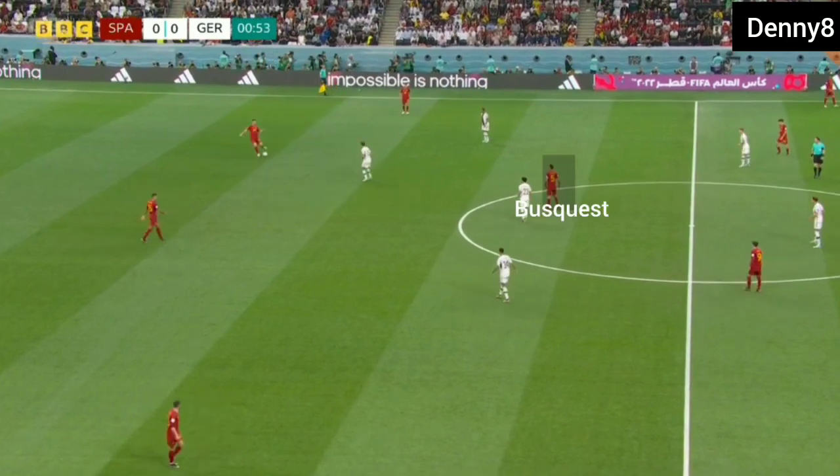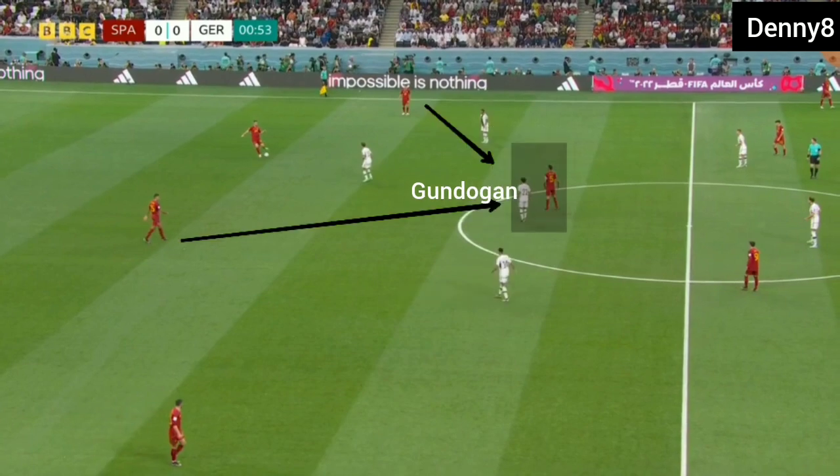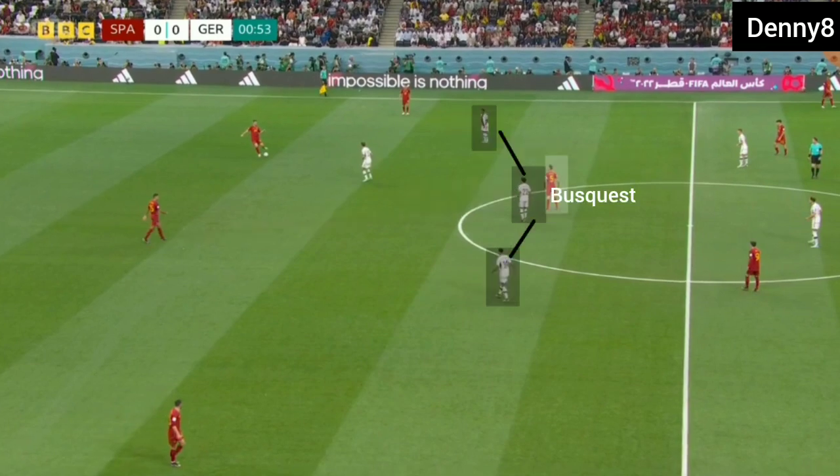Spain were using a sole pivot, and that was Sergio Busquets. Germany's second line was of 3 players, operating central and narrow. Ilkay Gundogan was in the role of number 10 and his position was central. Because Gundogan was operating central, he could defend Spain's pivot one-on-one. On the other hand, Spain's pivot was 3 versus 1 down in front of Germany's second line, because the second line was operating narrow, and Spain's pivot was having trouble receiving the ball in front of and